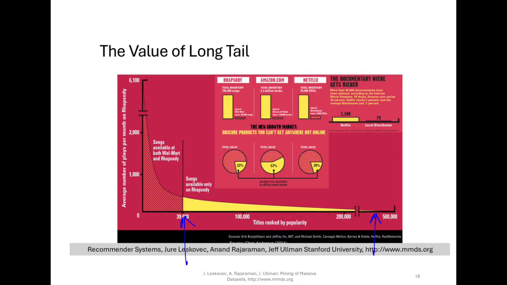Now, it doesn't cost much to store them at the back end in a server somewhere and stream it to you when you need it, right? And there are many such products like that, right? Even in an e-commerce site like Amazon or Alibaba, there are so many different types of products. And even though the volumes of each of the products is very small, since you have an automated algorithm to generate the recommendations for these products and to carry out the transactions,